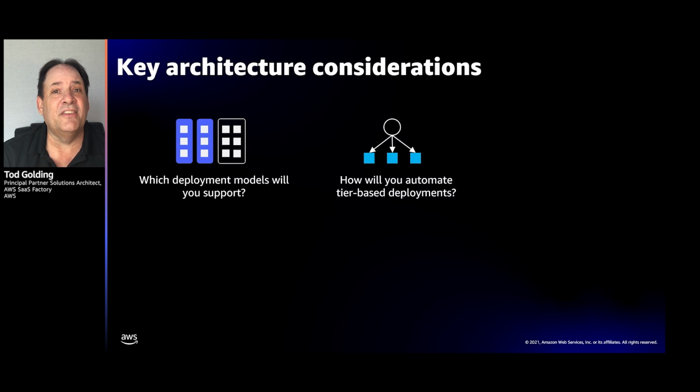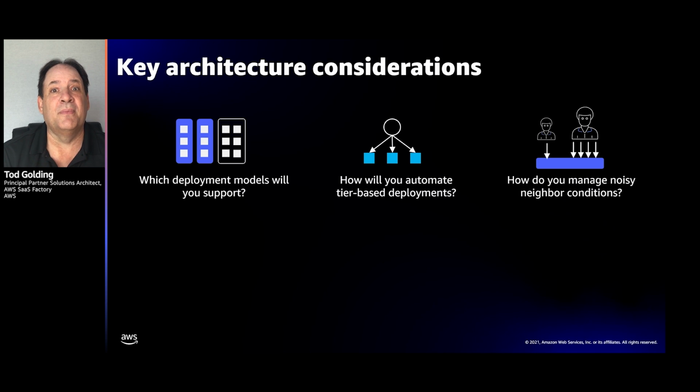The other thing here is, how did we automate those deployments based on tiers? What's all the infrastructure and code that we had to put in place to automate this complex deployment model, right? We're now supporting multiple deployments, and that really had a real influence on the overall automation strategy of our onboarding experience.